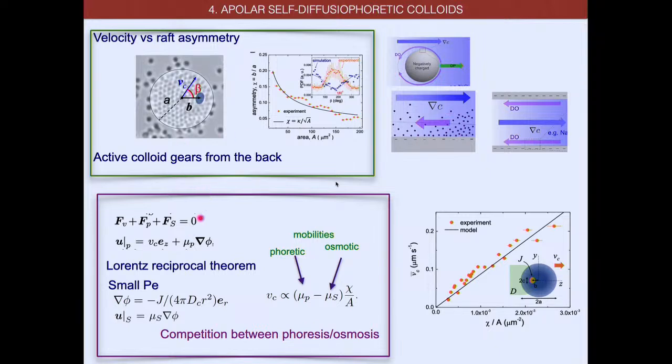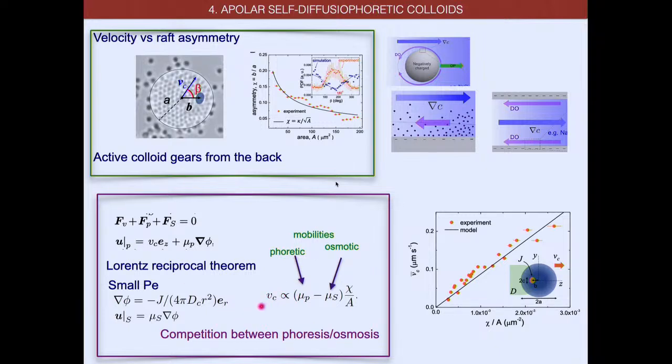Theoretically, we used the Lorentz reciprocal theorem. We can say we have an object that is force-free, so the force due to friction plus the force of the phoresis plus the drag have to balance out, and then you can write this down. It's a bit lengthy, but then one can have a